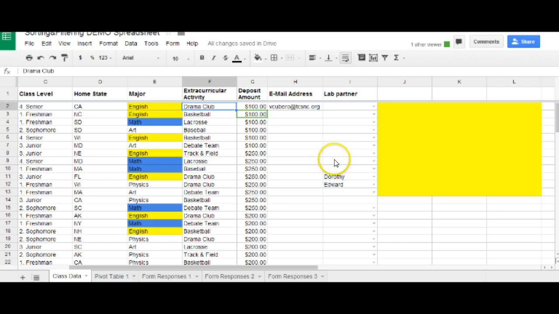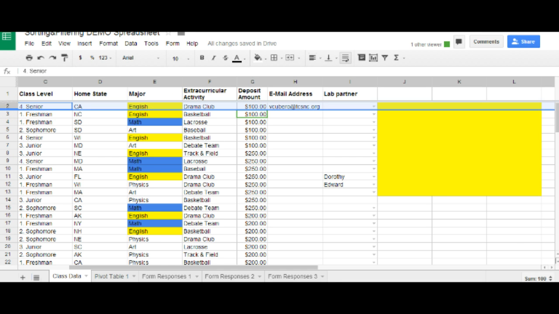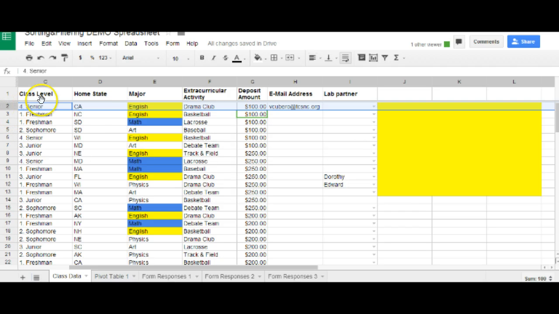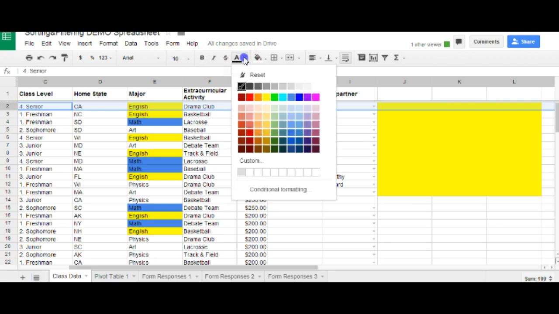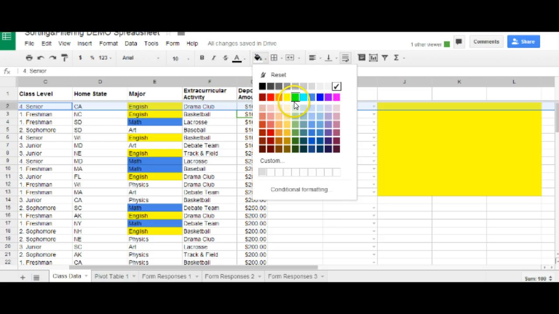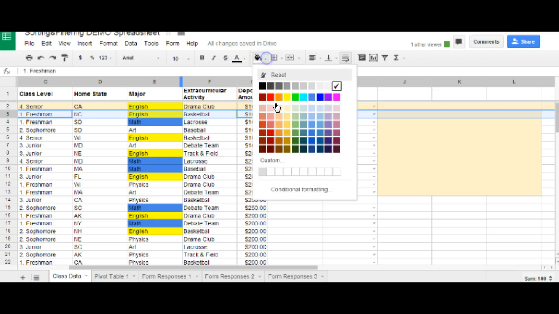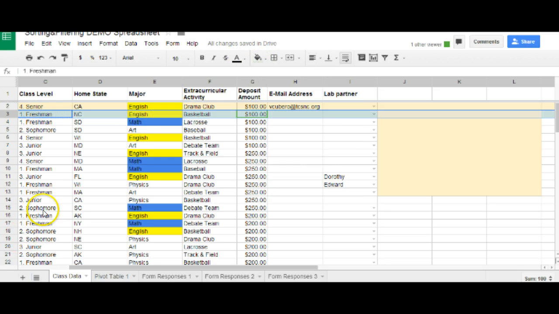And the next thing I want to show you is how to copy format only. Okay, let me take off my formatting on this one, and I'll just wait on that. Okay, so a lot of times it's hard to deal with a spreadsheet if all of the rows are the same color. And so one thing that you can do is to put some highlighting behind them. You can do two rows, like if I want to have one row be this pale yellow color, and then I'll have the next row be this pale blue color,